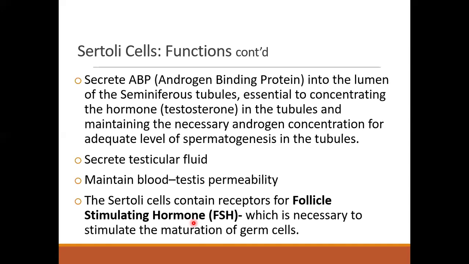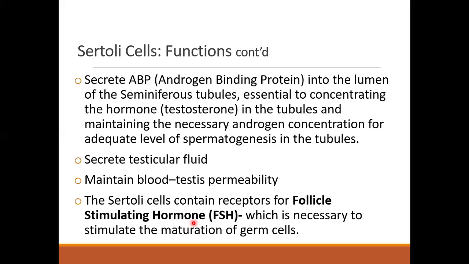For all hormones you have receptors. All right. So if the Sertoli cells are producing receptors by way of the androgen binding proteins, then it means that they are there to capture the testosterone which we produce. And remember, you said testosterone is produced in the testes, all right, but it is produced within the interstitial space. And the cells there are the interstitial cells. Okay, so it is these interstitial cells which are also called the Leydig cells. And it is these Leydig cells that